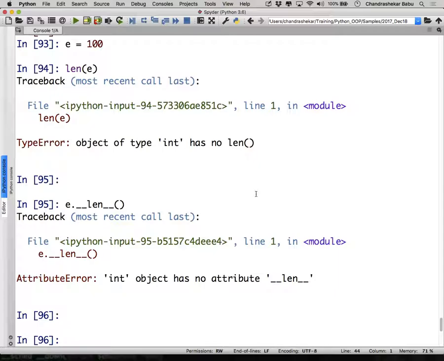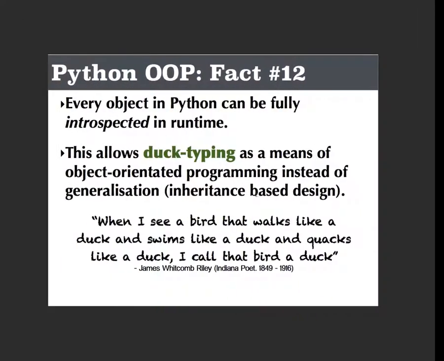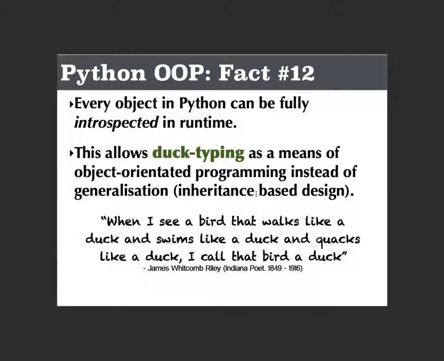Clear with this? Understood? This is one of the interesting approaches of object orientation, makes your OO design much simpler and more practical. May not be purist, but more practical, right?